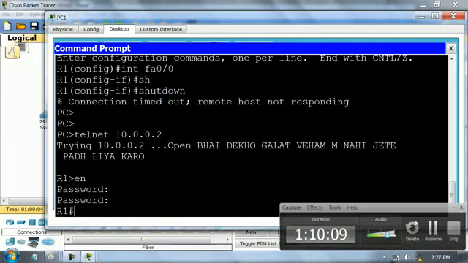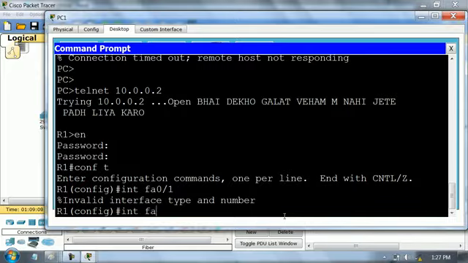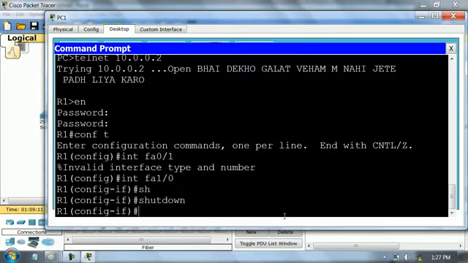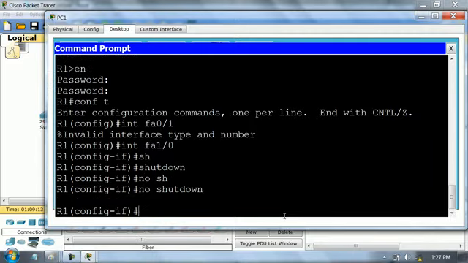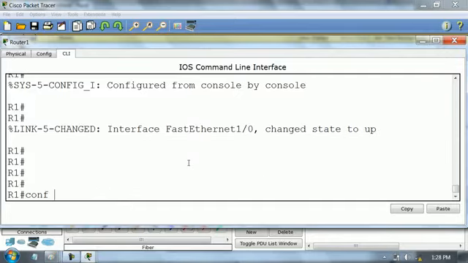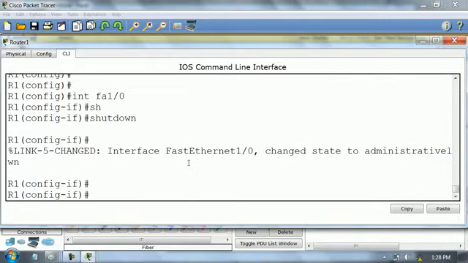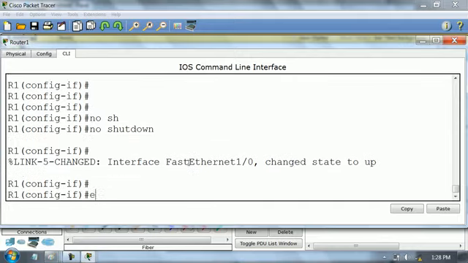कौन थी इंटरफेस FA0/1? इंटरफेस FA1/0, shut, no shut. This is also an interface present on router. मैं क्या कह रहा हूं, यहां पे तो नहीं आया वो मैसेज, आपके सामने राउटर पे मैं गया, मैंने राउटर पे क्या लिखा, यहां आया ना मैसेज एक, इंटरफेस FA1/0, शट किया, मैसेज आया, नो शट किया, क्या आया? आई एम गेटिंग अ मैसेज. बट व्हेन आई एम डूइंग द सेम थिंग ऑन